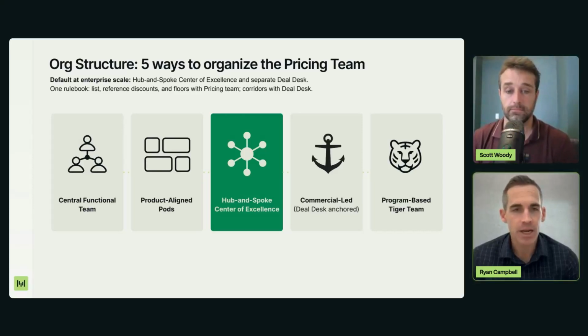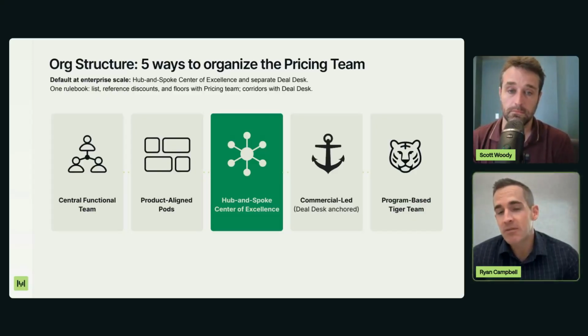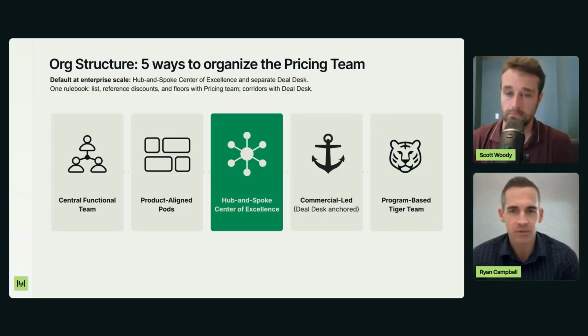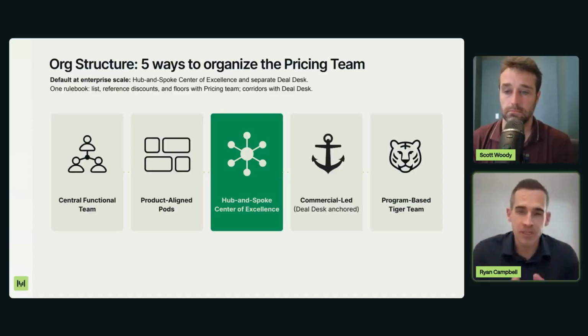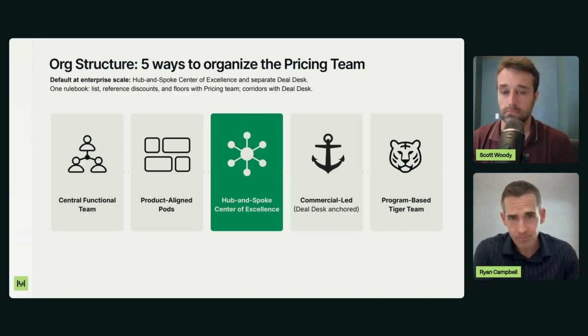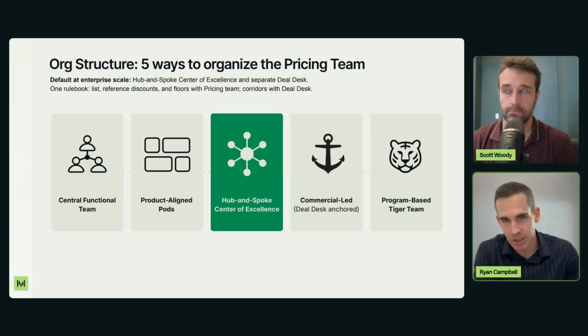Yeah, that's a great question, Scott. One point to add is I personally believe the fact we live in finance allows us to be that flexible team that can scale up and down across a number of different scenarios. For example, if we were a team that lived purely in product, it wouldn't necessarily make a ton of sense in a lot of cases to go work on commercial non-standard deals with very large strategic customers, because that tends to be more of a finance deal desk or commercial strategy type role. So I think the structure and where we live in the organization allows us to do that.